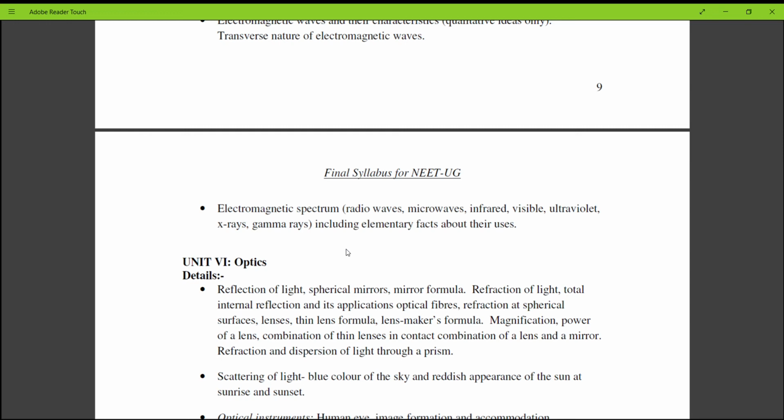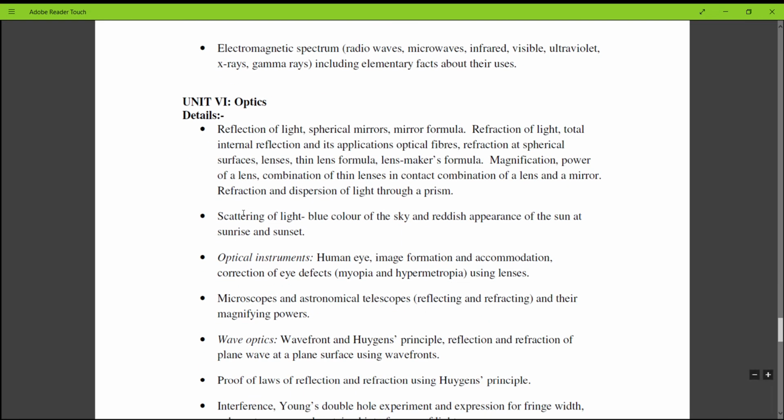Unit 6, optics, that is ray optics and wave optics. First topic is reflection of light, spherical mirrors, mirror formula, refraction of light, total internal reflection and its application, optical fibers, refraction at spherical surfaces, lenses, thin lens formula, lens maker's formula, magnification, power of a lens, combination of thin